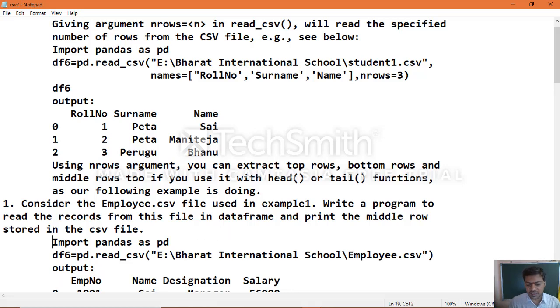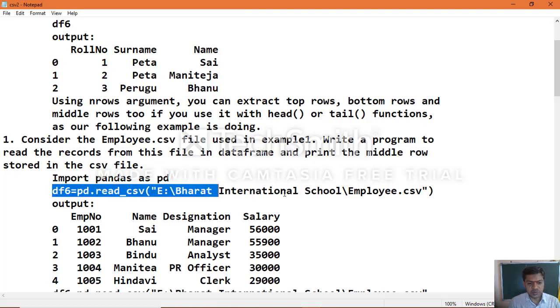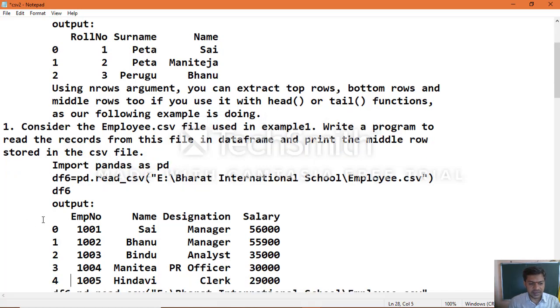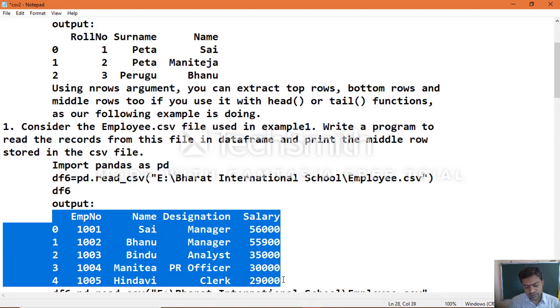First, consider what information the employee CSV file contains. In the application, you can see we imported the module and created a data frame object, fetching the employee CSV file into it. Yes, we have the data. From this data we want to fetch the middle row.